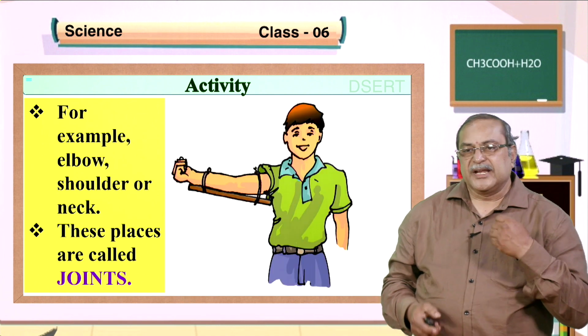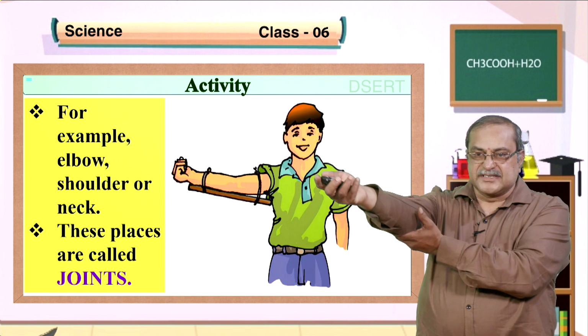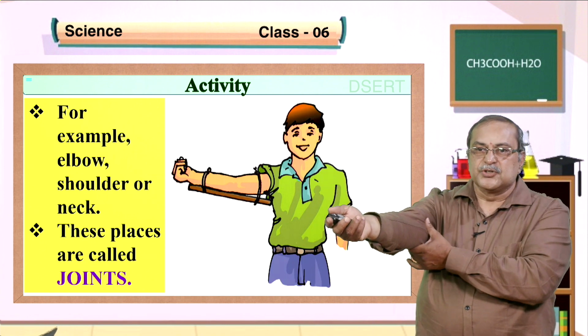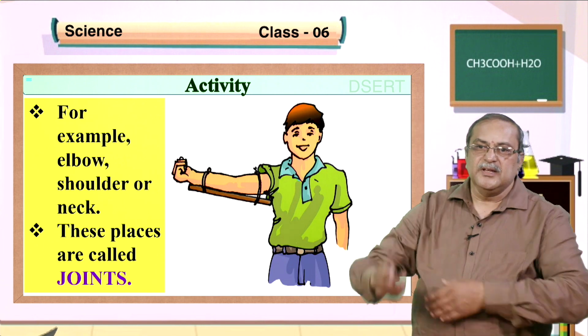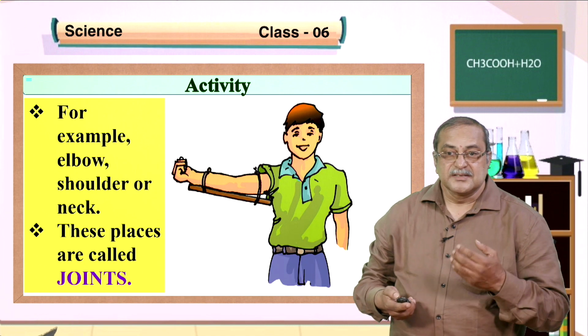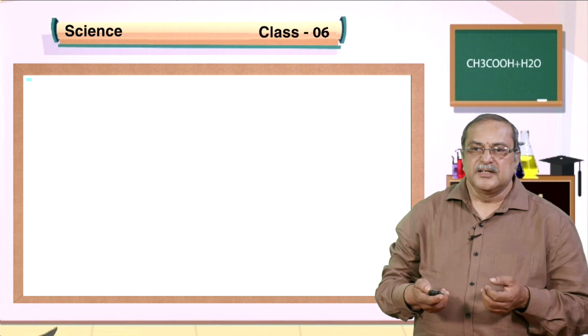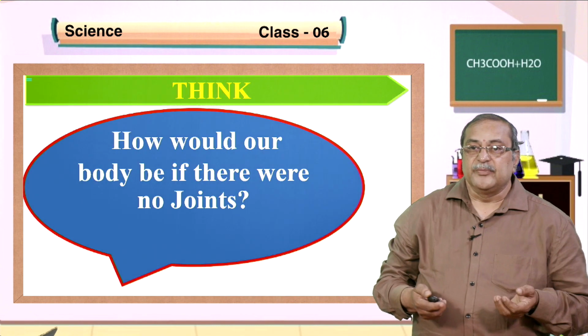Okay. So, for example, now here we have tied a scale to the hand. Is it possible to bend like this? It is not possible. Why? Because it is fixed, isn't it? It has been fixed. There is no joint when they have tied it, so they cannot bend it at all.